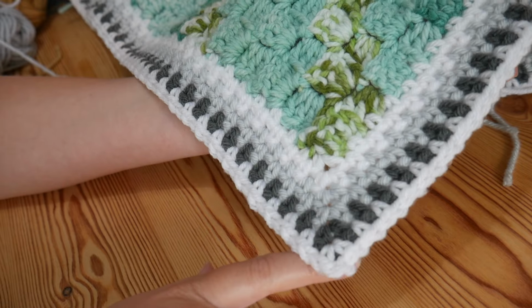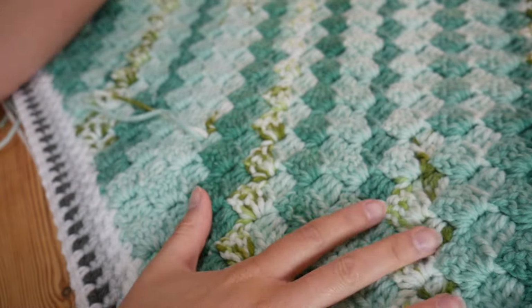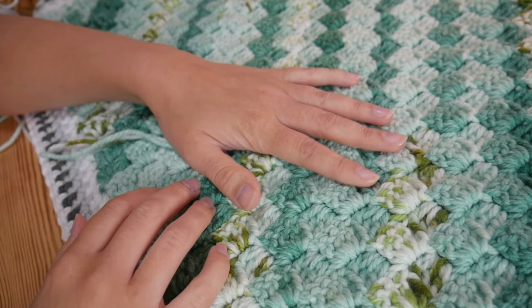professional and nice finish. So for anyone that's wondering, this is my corner to corner tutorial, and forgive all the ends, I haven't obviously got rid of any of those yet but I will link that down below just in